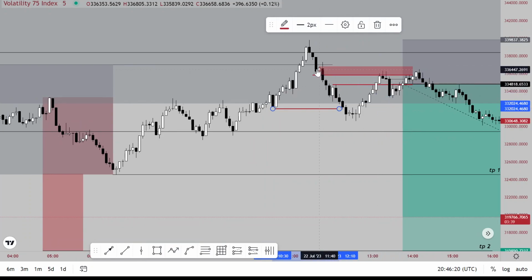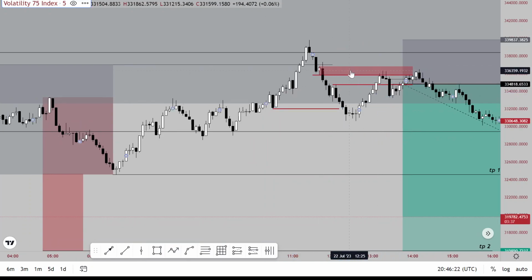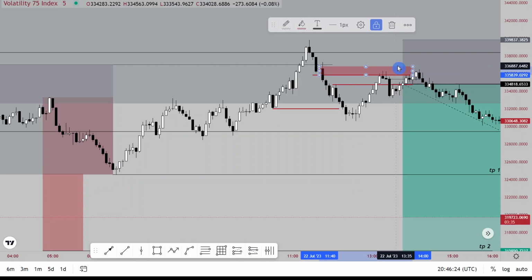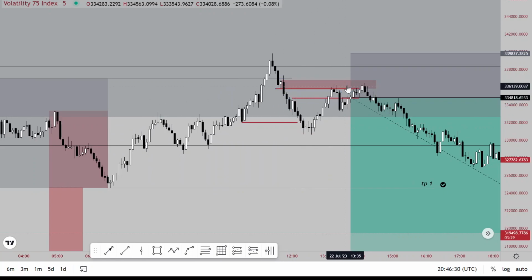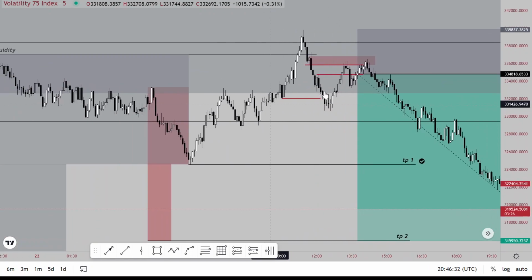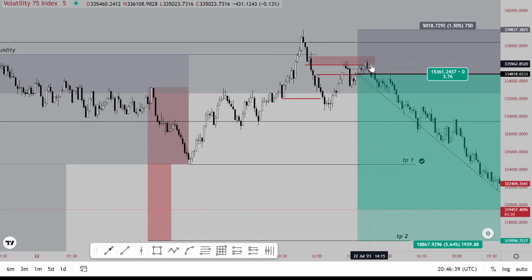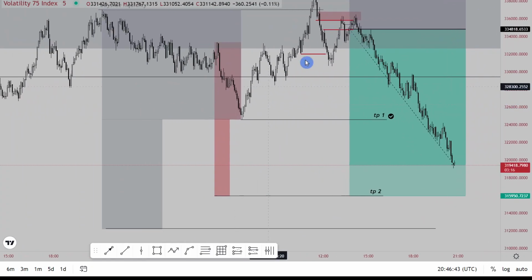And then I mark this 5 minutes order block on top here, right? That was my 5 minutes order block just above my 15 minutes fair value gap. So we started selling right from the 15 minutes fair value gap as price hit it. And I added one more entry as price hit this order block on the 5-minute chart,